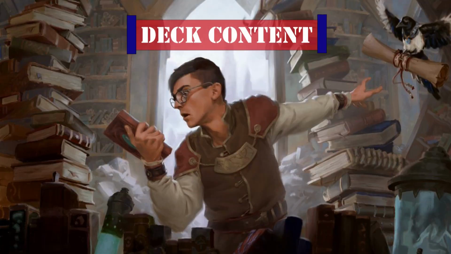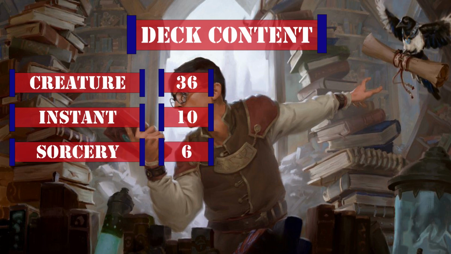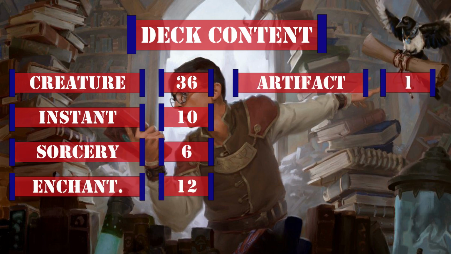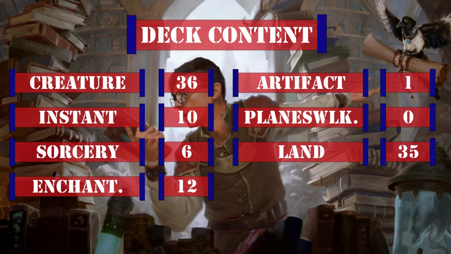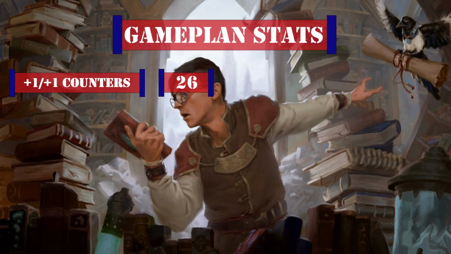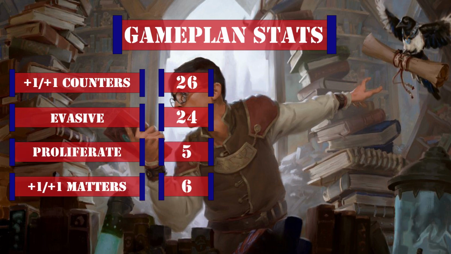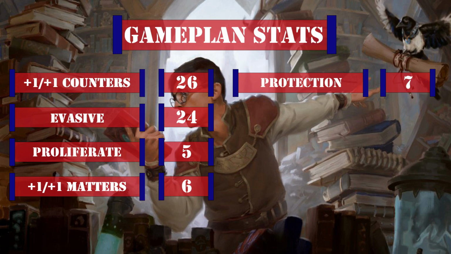This deck currently has 36 creatures including the commander, 10 instants, 6 sorceries, 12 enchantments, 1 artifact, no planeswalkers, and 35 lands. Looking at the stats that matter to our game plan, we have 26 sources of +1/+1 counter generation for themselves or others, 24 cards that are evasive or can grant evasion, 5 proliferation sources, 6 cards that care about +1/+1 counters, 7 cards that can provide individual or board-wide protection from removal or targeting, and 5 counter spells,